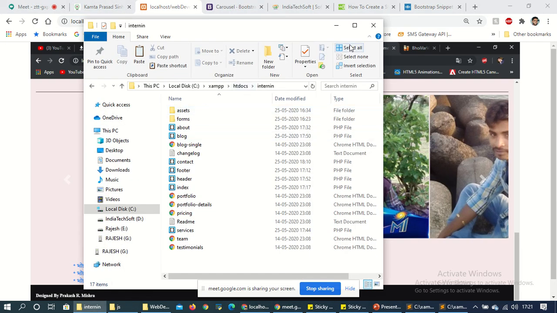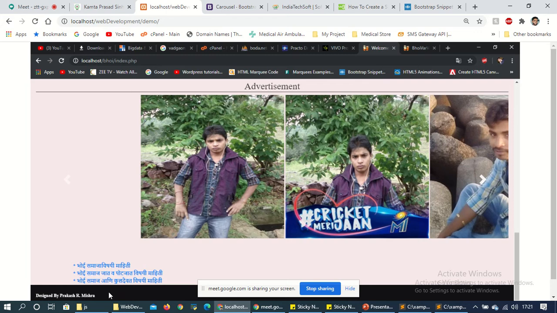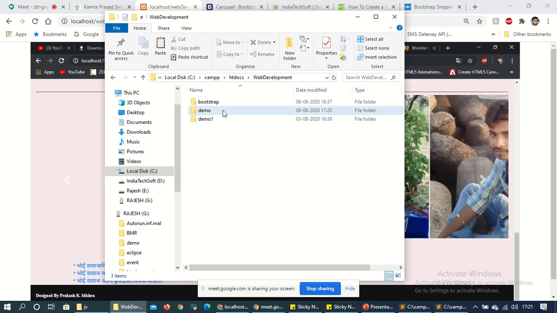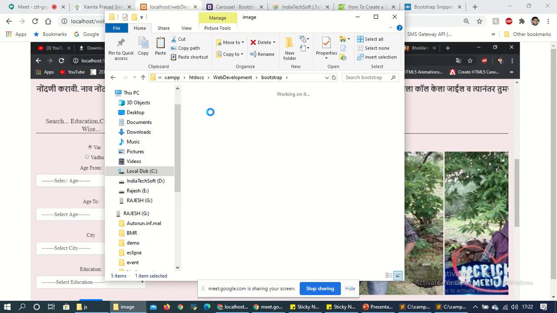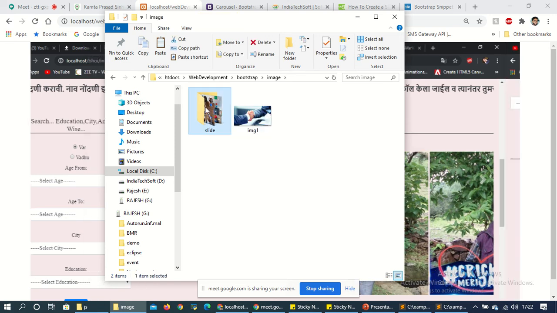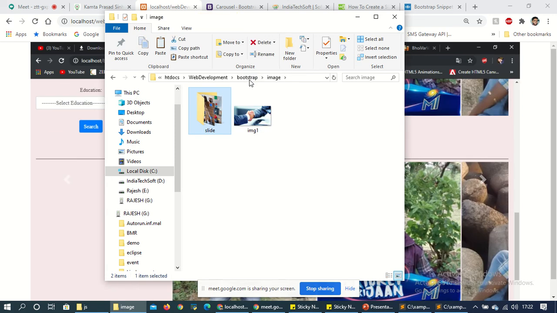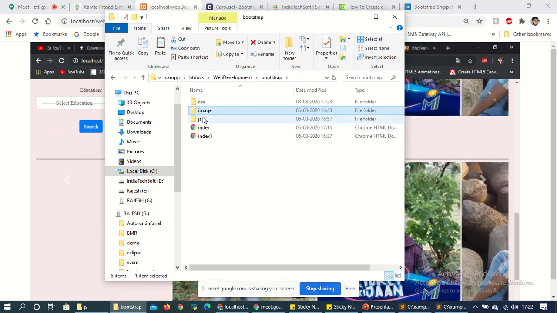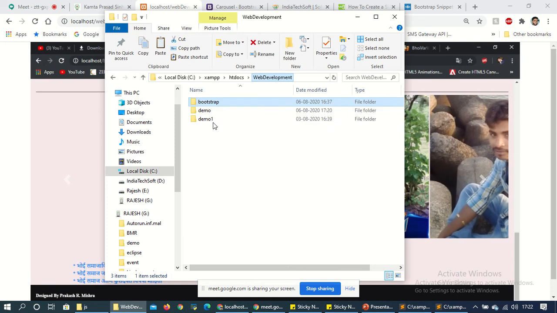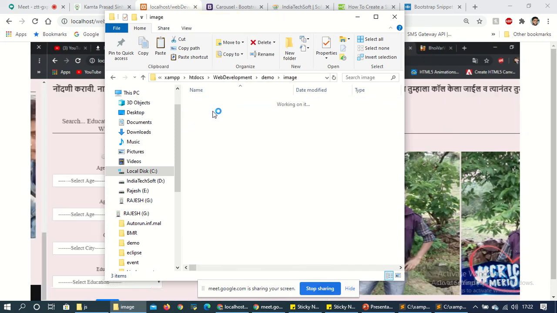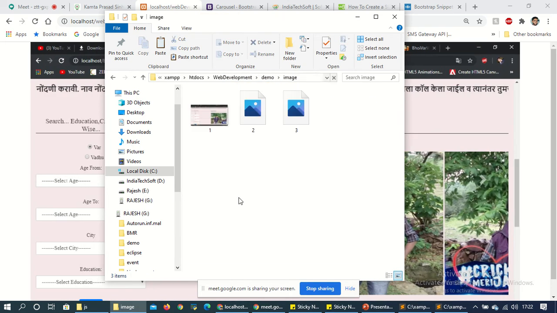This one I don't want, so I would like to change my image. I want to show my image there. So just copy this slide folder, copy, and go to this demo under this image folder, 1 2 3.